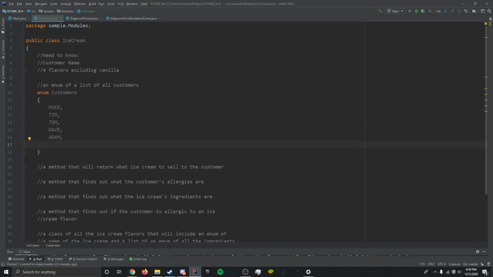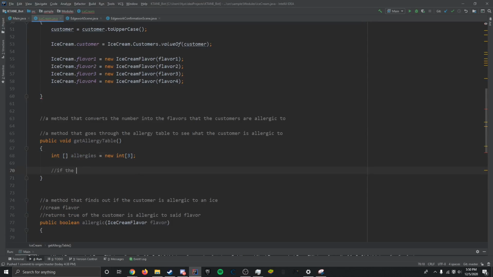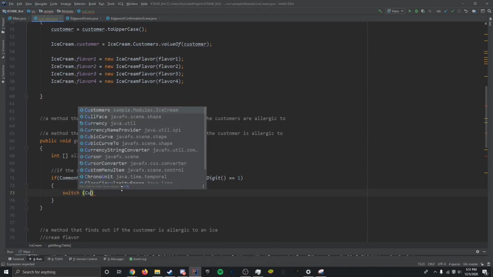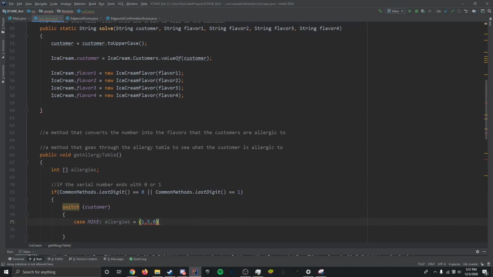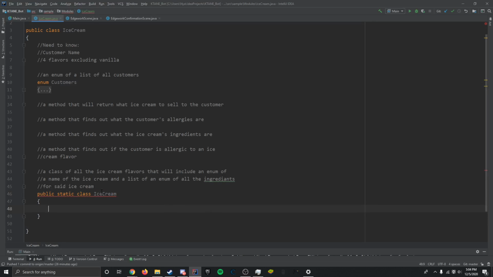I made an enum for the customer's name. Then found out what they were allergic to by finding out what the customer's numbers were and converting said numbers to ingredients and storing them into an array list. After that, I started working on the flavors. I made an ice cream flavor class that holds 3